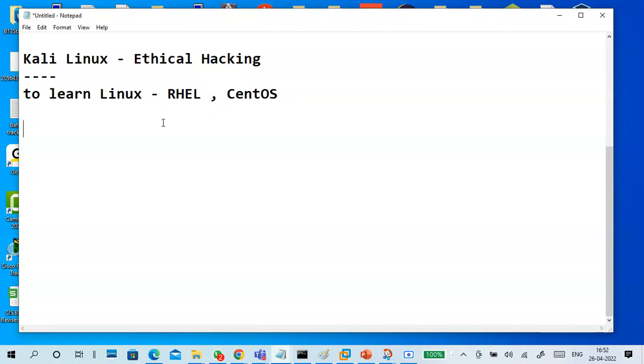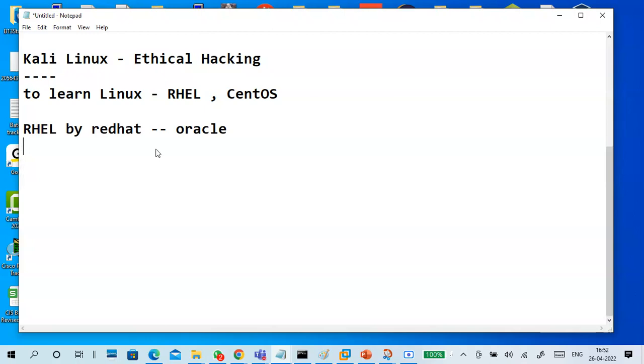Red Hat Enterprise Linux or CentOS: what is the difference? Red Hat Enterprise Linux is by the Red Hat organization, and now it is currently under Oracle. Red Hat requires a login; you have to use your email ID and password.